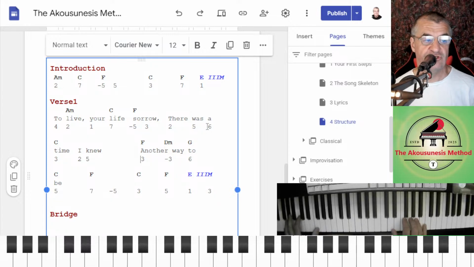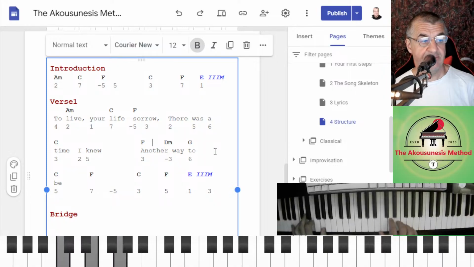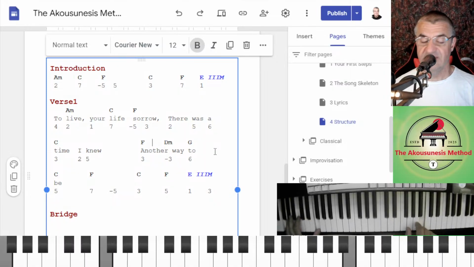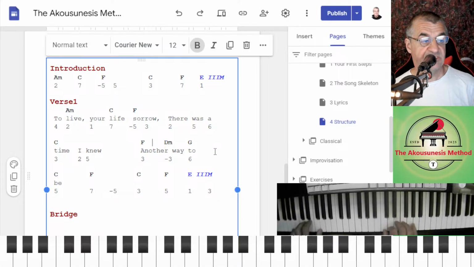Another. Now we've got to choose. Like we've got to fill a note. We've got to put in a filler. So a lot of the times, if you pick some nice words, some words that you like, you've got to fill in the syllables now with notes. Time I knew. It should maybe even go higher. There was a time I knew.